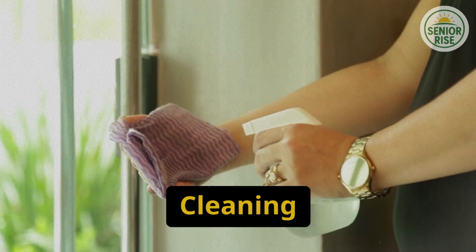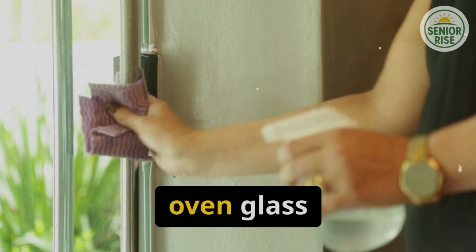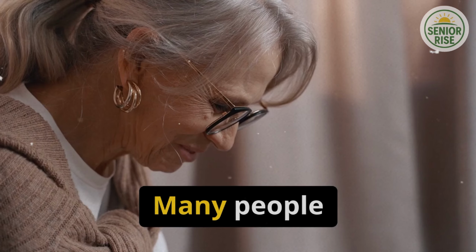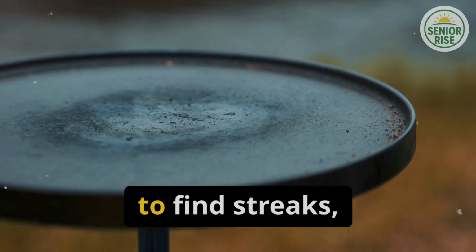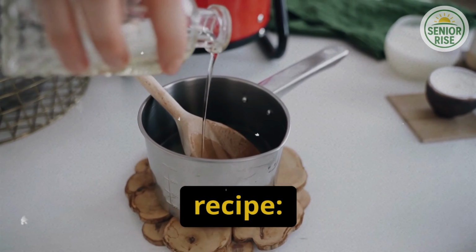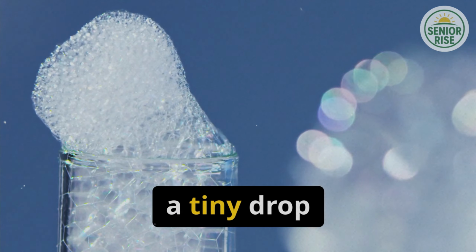2. Cleaning glass. For a streak-free, crystal-clear finish, windows, mirrors, oven glass. Wherever there's smudged glass, the whole kitchen feels less clean. Many people try every brand of window cleaner out there, only to find streaks, dust, or cloudy residue still lingering. Here's a better recipe. Mix 1 part white vinegar with 2 parts warm water and add a tiny drop of